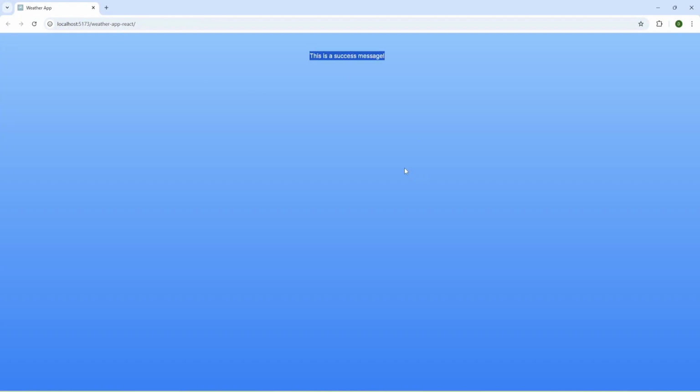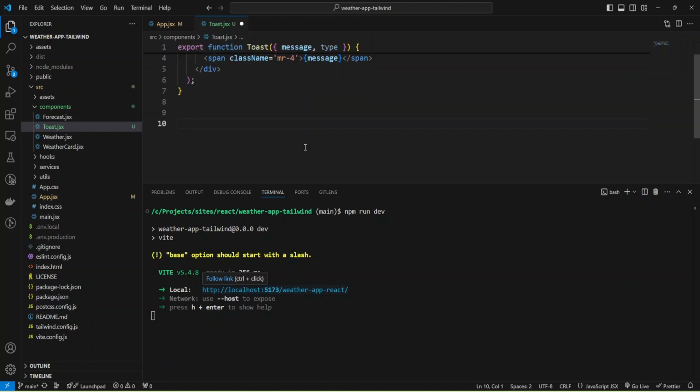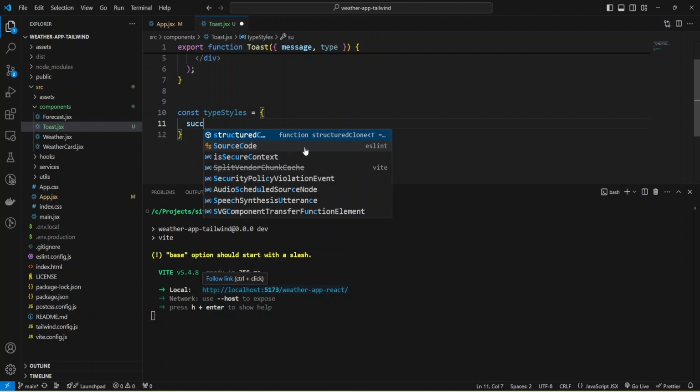And now we can add type and some styles to it. Okay, and let's return to our Toast component, and I'm going to add type. And depending on the type, I'm going to change a background color. Let me add some object of types. Const will be typeStyles, and we'll need success.